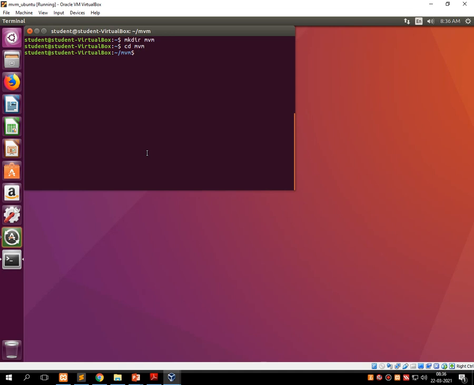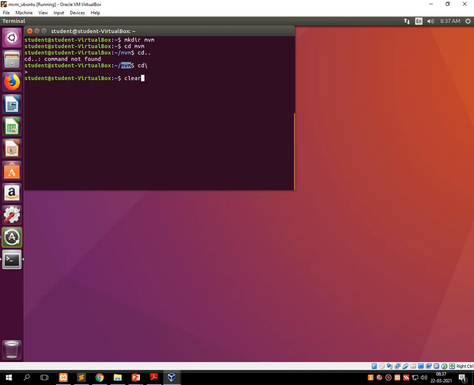Now suppose I want to exit from that particular directory, then just type cd .. It exits from the current working directory.